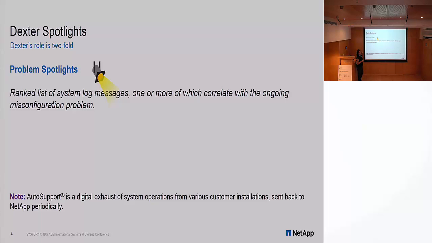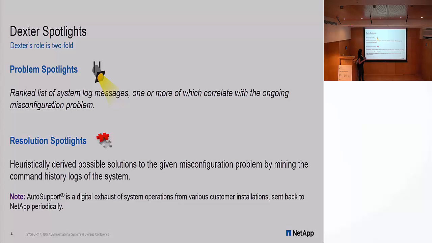If you could relate this to the previous slide, it said invalid shelf ID, right? So what are those ranked list of system logs which might be useful for a person who is handling the case, to help him resolve the problem. And the second aspect, which actually kind of completes the puzzle, is the resolution spotlights, which is again approach based